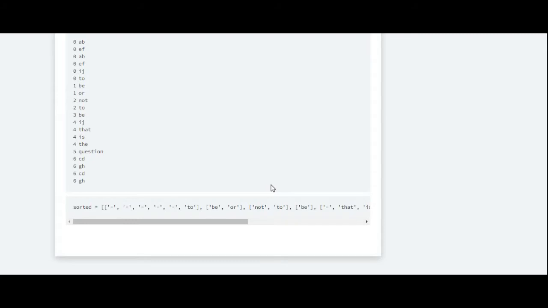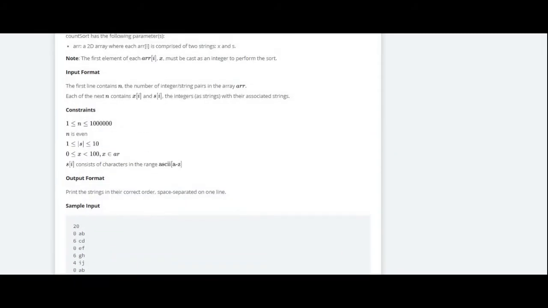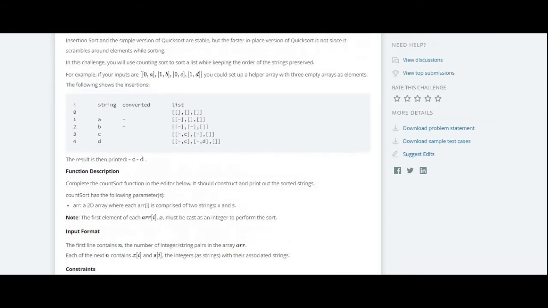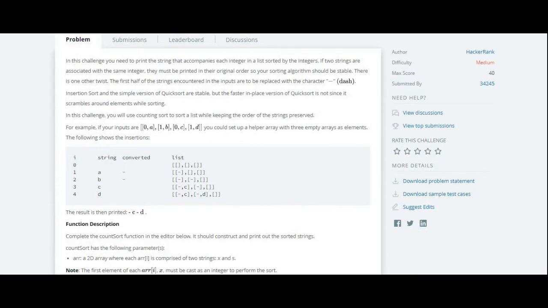However, that did not work out, as I was having issues while printing the array of lists. So I later changed my method to an array of strings. At first I was a bit confused about where counting sort comes into play. However, you can solve this particular problem with an array of strings with the help of counting sort. In the next slide I'll show the basics of counting sort, and then we'll come to the solution part.